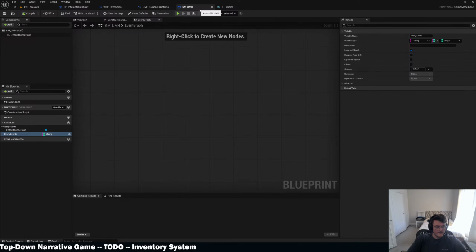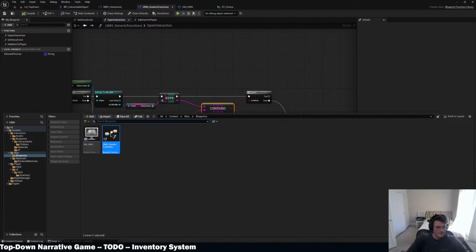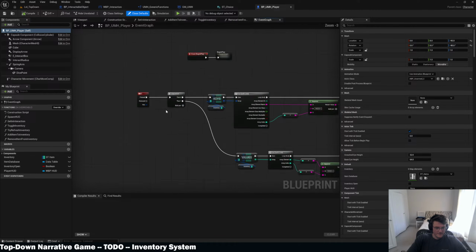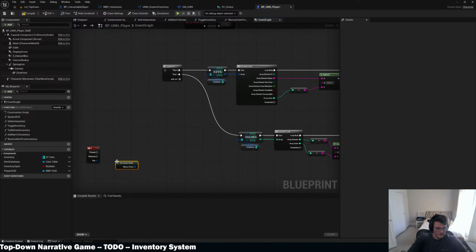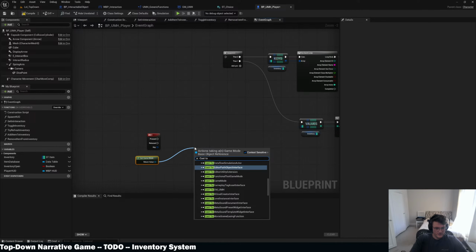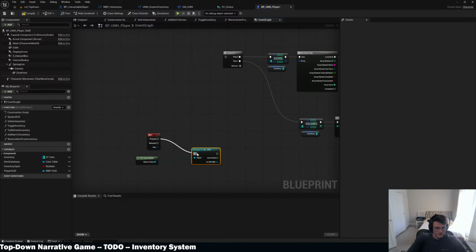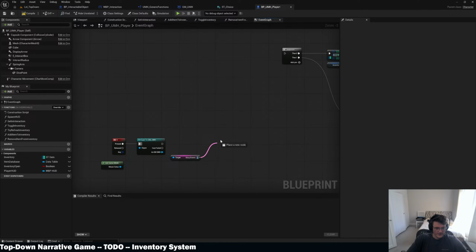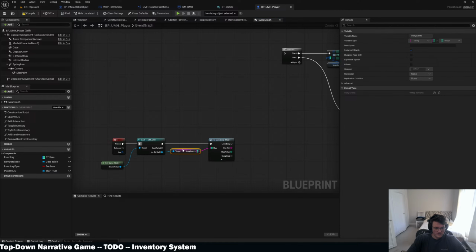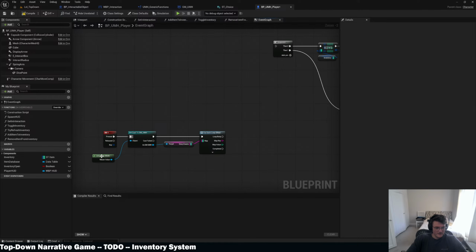And let's also, on our player, take away this 5 for the moment and just do a get game mode, cast to the game mode, get story events, then do a quick for each loop map. Oh, you can do a for each loop on a map. That's very useful. I should be using that more. For each loop map,